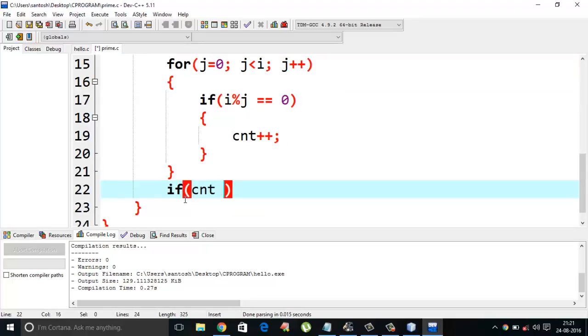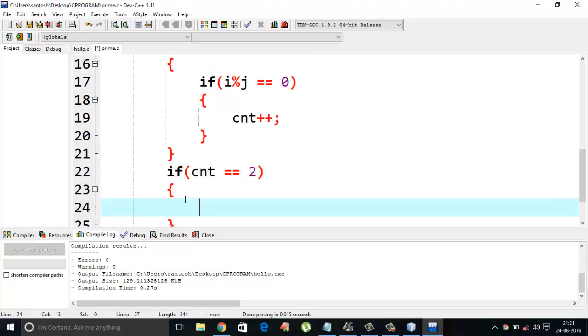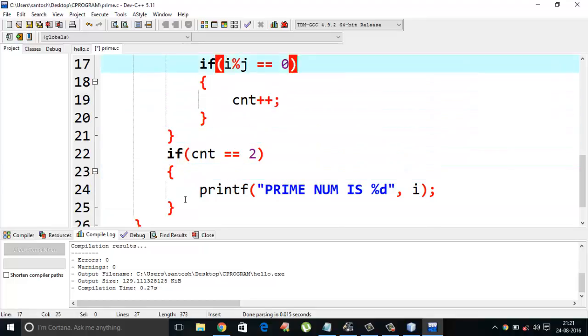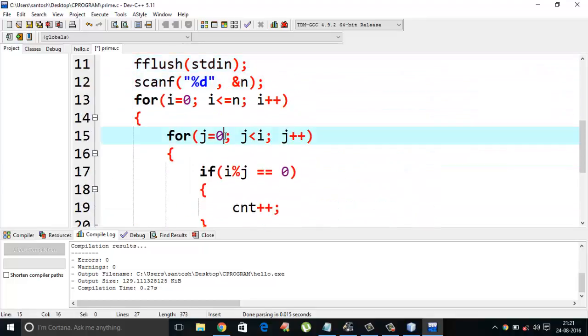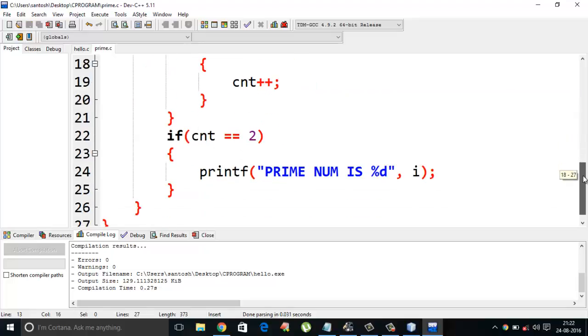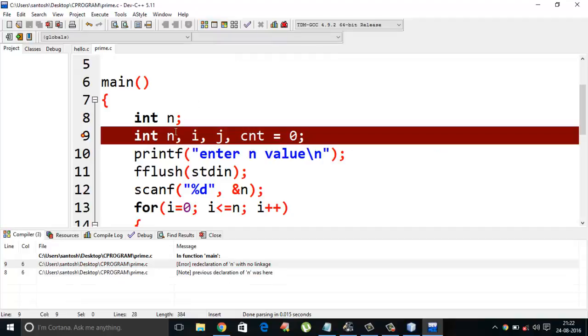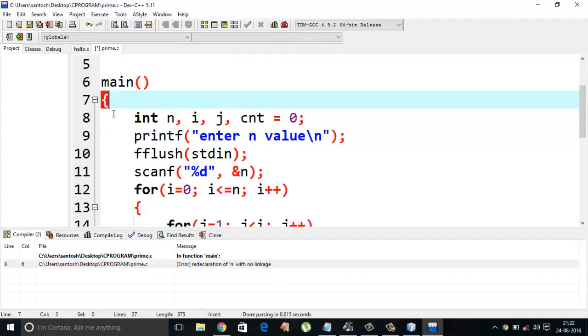If count equals 2, we printf: "%d is the prime number", i. But the thing is that when you are dividing any number, we have to start from 1. This is a way of printing the prime numbers within a given range. Just compile it, you will find no errors. Oops,